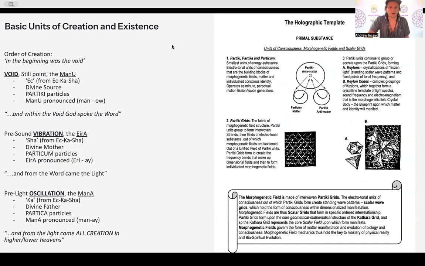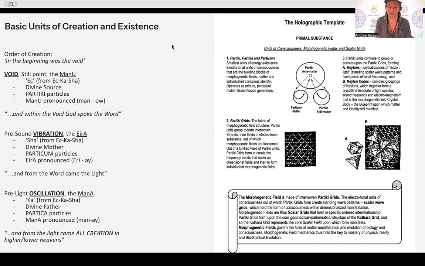Okay. So on the left here, we have the exact same wording from the last slide, and I want you to view that and think about that in your mind while I read. This is right out of Dance for Life, an Ashayana Deane workshop from 2002, it might be 2003. So I'm just going to read here off the slide. Partichi, partica, and particum. These are the smallest units of energy substance, electrotonal units of consciousness that are the building blocks of morphogenetic fields. Matter, an individuated consciousness identity, operates as